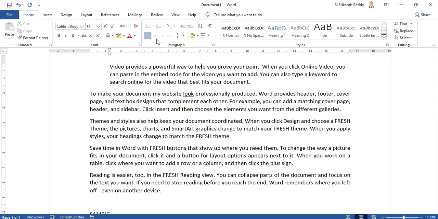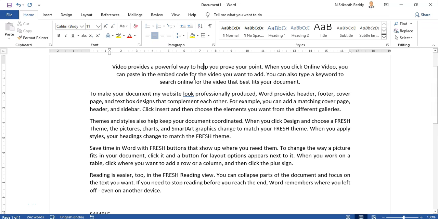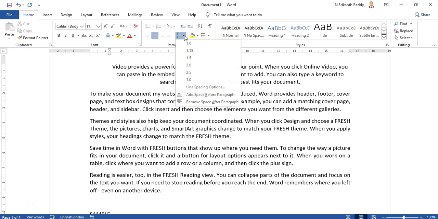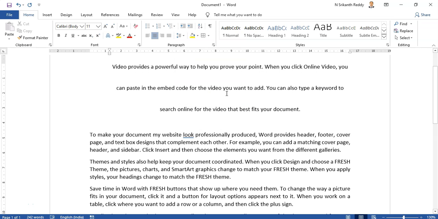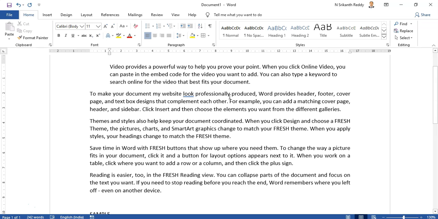Second thing is, let us say you did center. Right now I am applying center, and I am increasing the spacing to, let us say, 3. So all these are paragraph formatting. I want the original thing back. The easiest way to remove paragraph formatting, that is, formatting done using all these things, is Control Q, the Control button plus the Q button. Then it will go back to the original one. Hope you have understood what Control Q is.